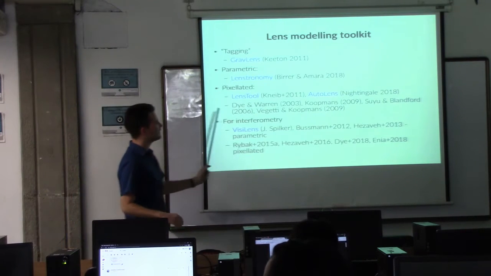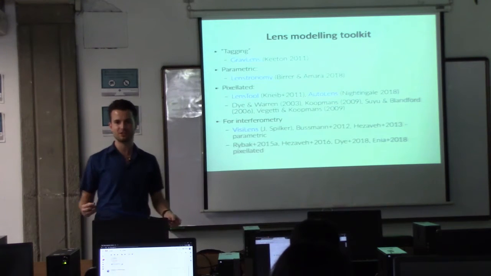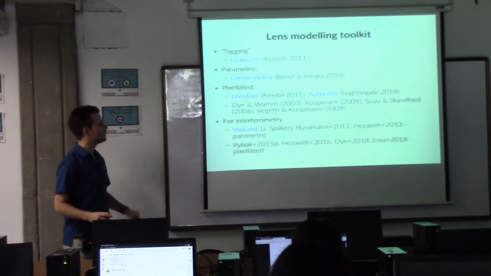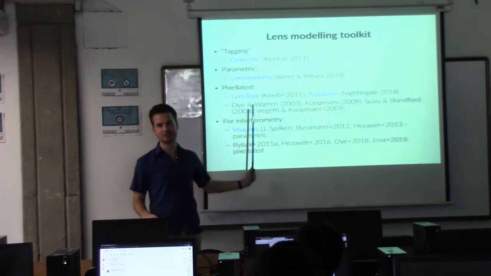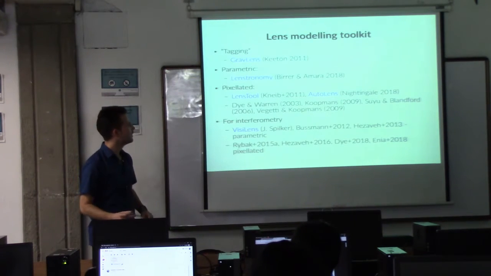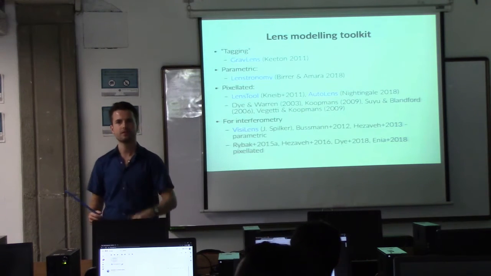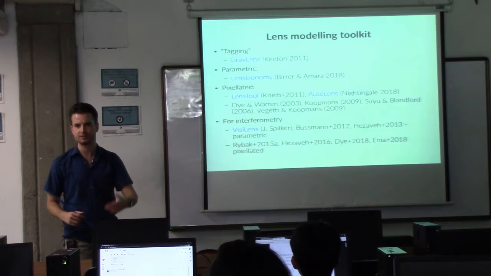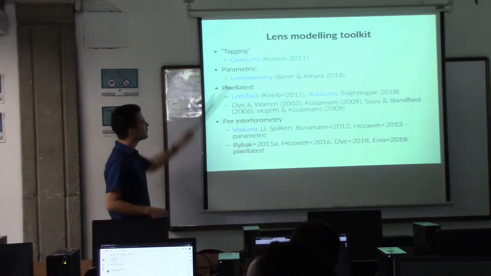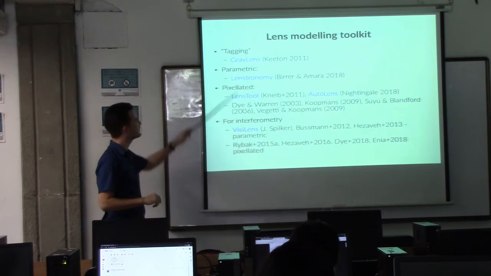Some people would say that developing a code takes really 3 or 4 years of your PhD. So if you want to actually develop the code and apply it to some data, you want to keep it to yourself for a bit. But a lot of these people, if you write to them, might be happy to share or to collaborate with you. So for the first method, where you fit parametric models,